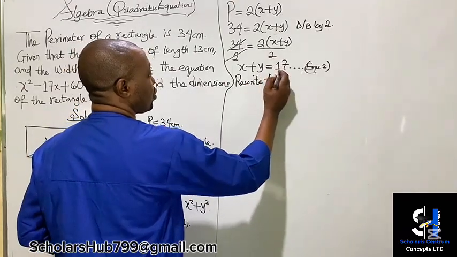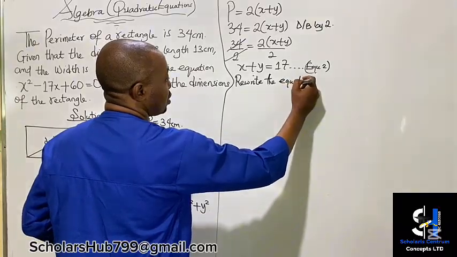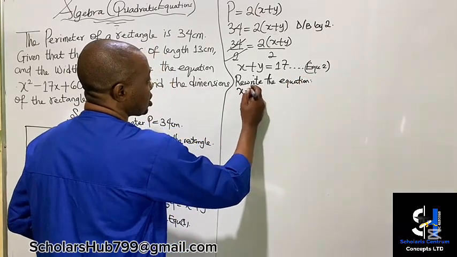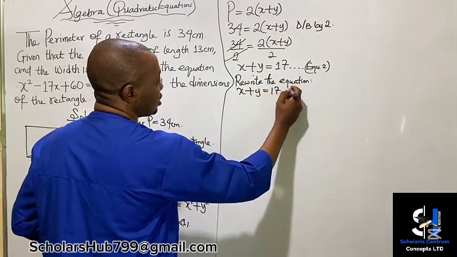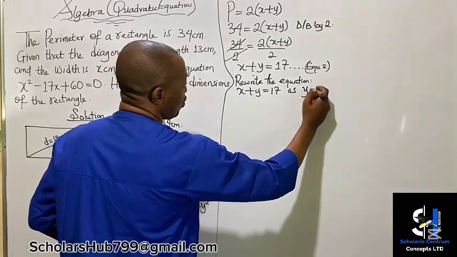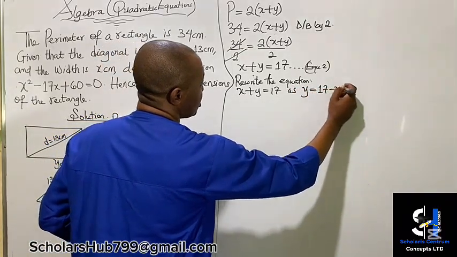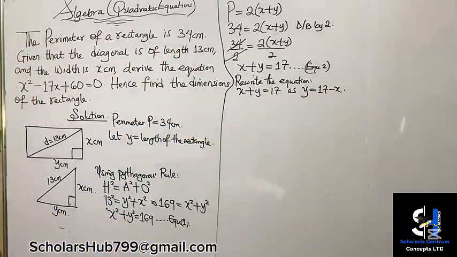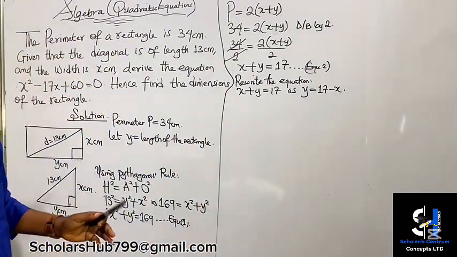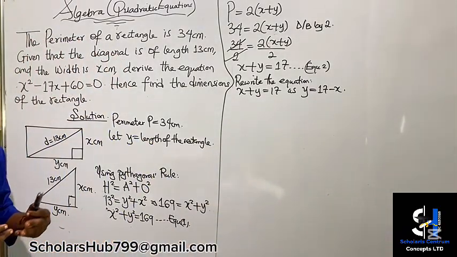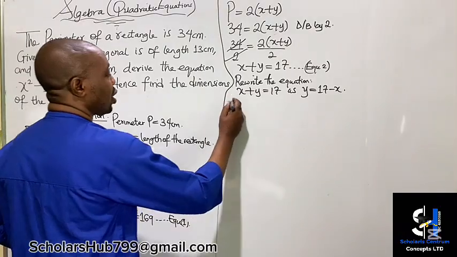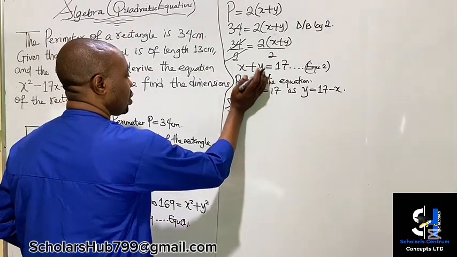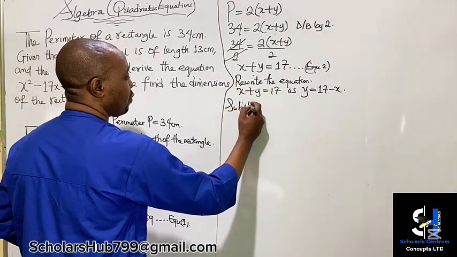I'll rewrite the equation x plus y equals 17 as y equals 17 minus x. So this time we're going to use what we call the substitution method. I'm going to substitute for